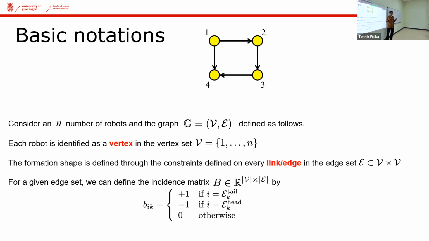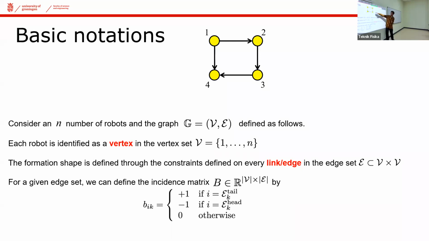So just to avoid any miscommunications, this arrow does not mean that this agent is only measuring this one, but this one is not measuring this one. That's not my purpose here. So every time there is an edge, let's agree with each other, every time that there is an arrow, it's just a both ways measurement. So if there's an arrow here, it means that this agent is measuring this one, but also that this agent is measuring this one. And we use the arrow here just to be able to define the incidence matrix in an easy way.